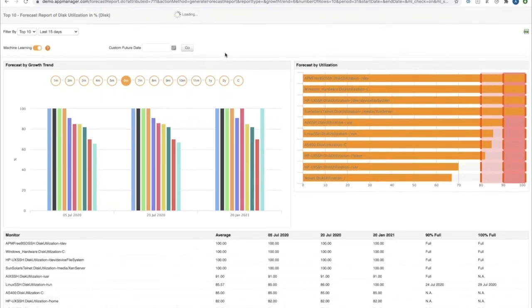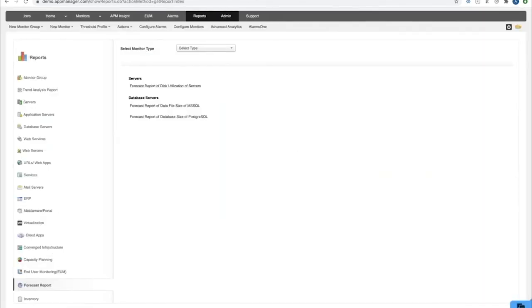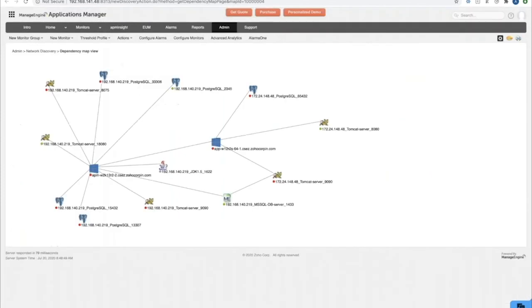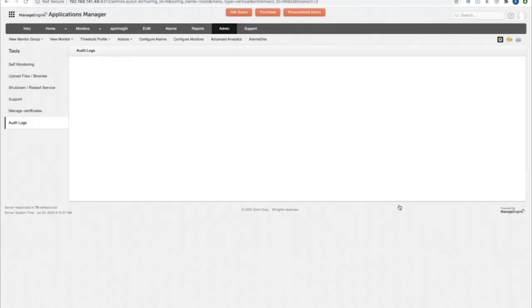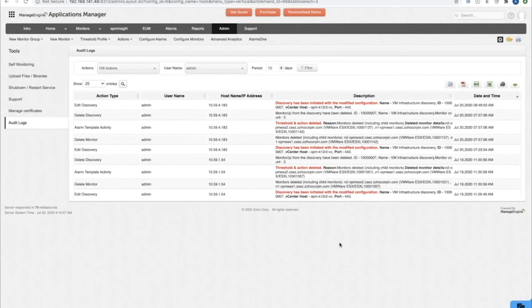Let us quickly take a look at the audit reports before we go back to the presentation. So yes, right here in the admin tab, under the tools title, you will see the audit logs. And right here, you can see all the different actions that in fact we recently performed. So you can see even the things that I